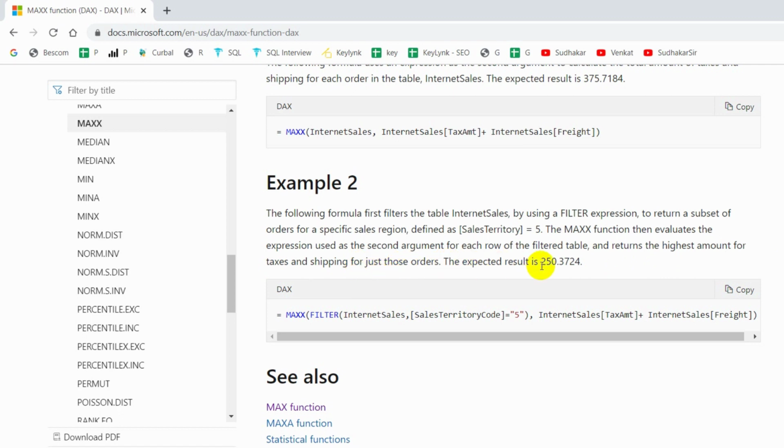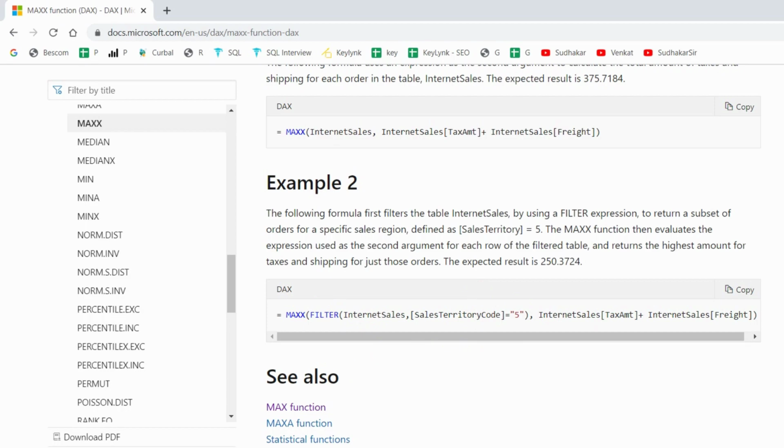The expected result is 250.3724. Here they take tax amount plus freight amount, filtering only sales territory key equal to 5, and want the maximum amount. Don't worry, I will explain in a better way.